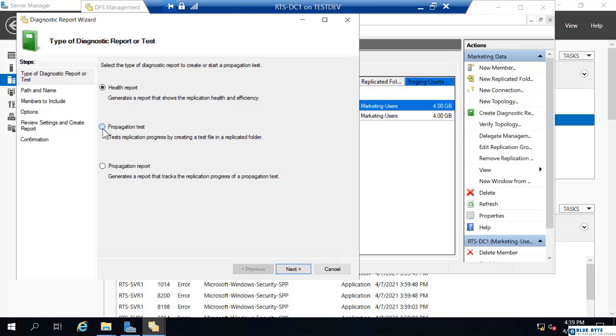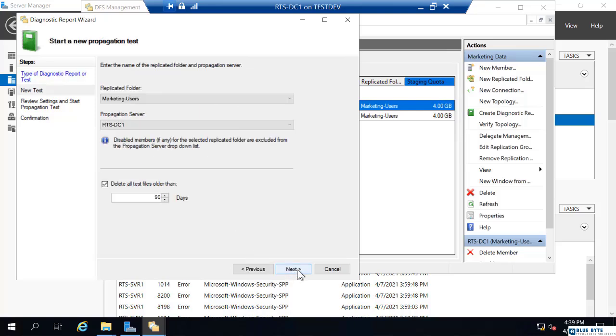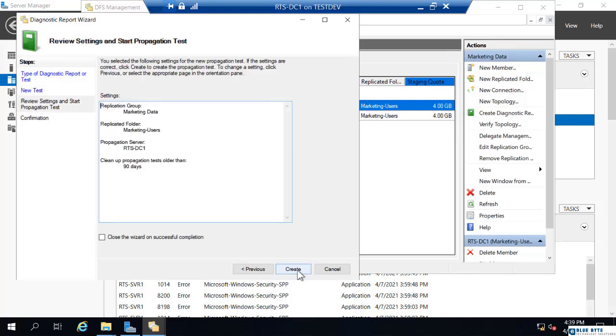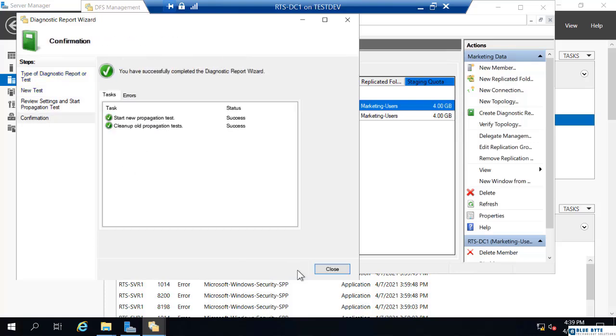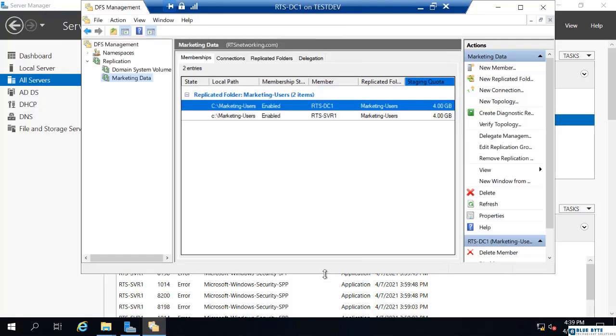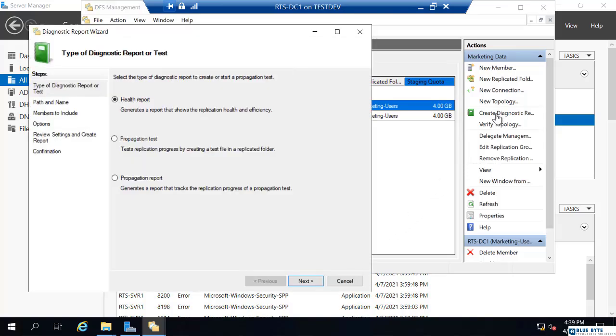So I'm going to create a propagation test. So I'll click Next, and we're doing this for marketing users. And that's it. Click Create. It says that started and finished. So I'll click Close. Now, if I go back to that same window, create a diagnostic report, there's a propagation report. So this is how you view the results once you're done. So if I select the propagation report and go to Next,